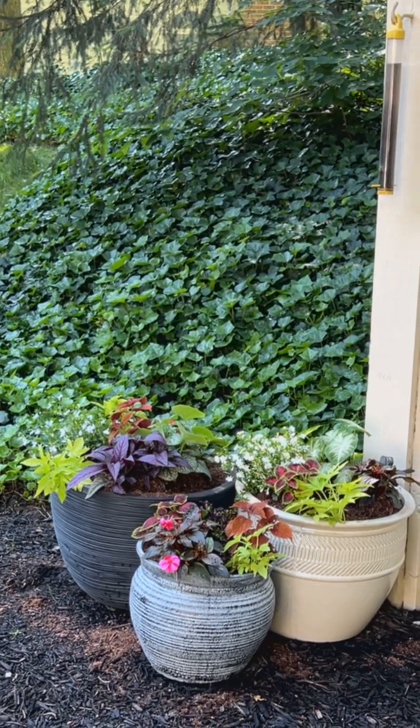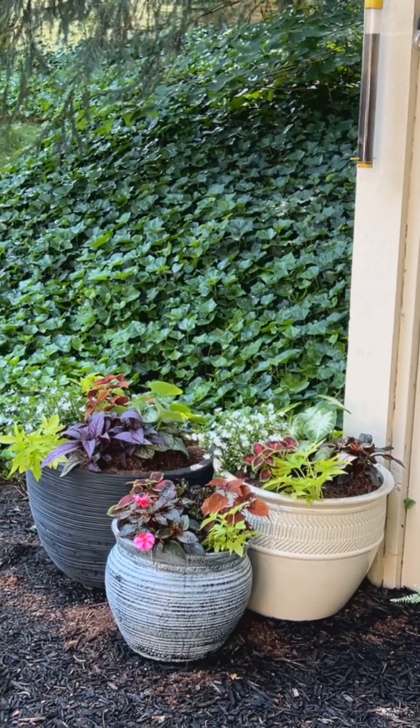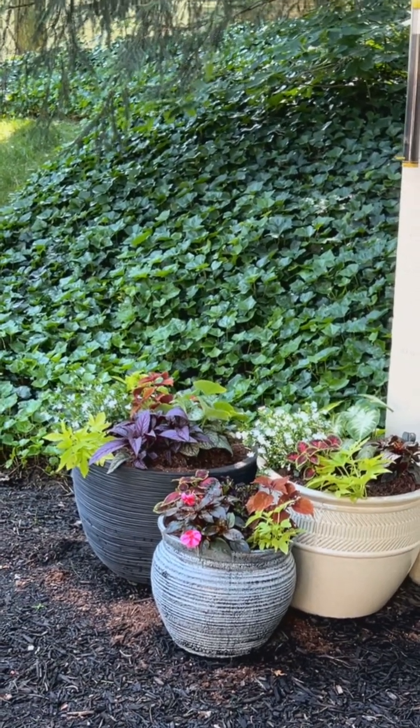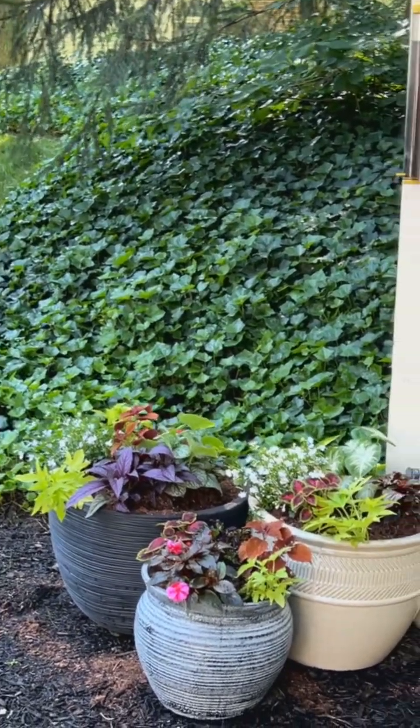plants, minus the sweet potato vine, which is a full sun plant. But we're going to experiment and see how it does. I just love the chartreuse color in it. Yes, I could have used more coleus in that color, but I love the way that the sweet potato vine